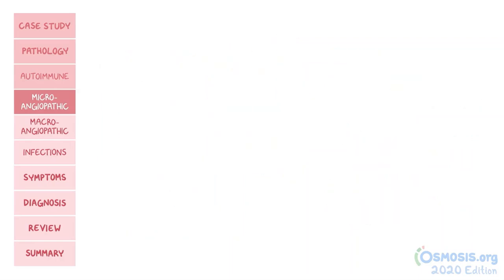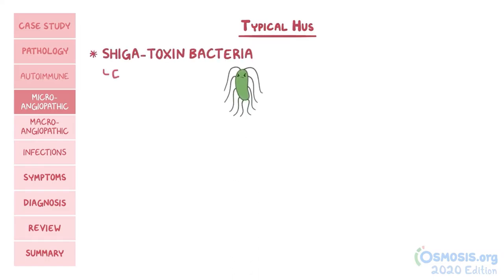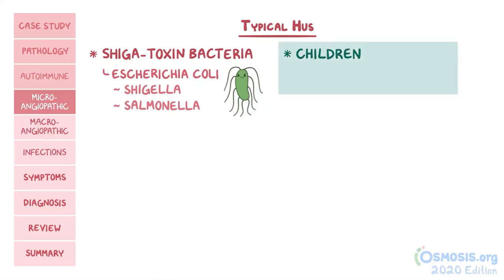Alright, moving on to HUS. Typical HUS happens after an infection by a Shiga toxin bacteria. The most common is Escherichia coli, but others include Shigella and Salmonella. A high-yield fact for your exams is that this often occurs in children after an episode of gastroenteritis, caused by